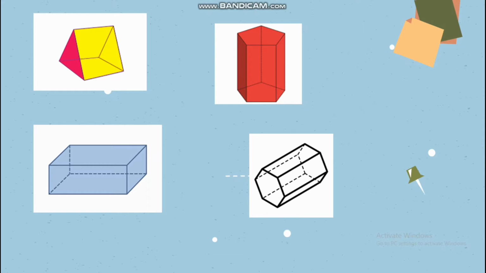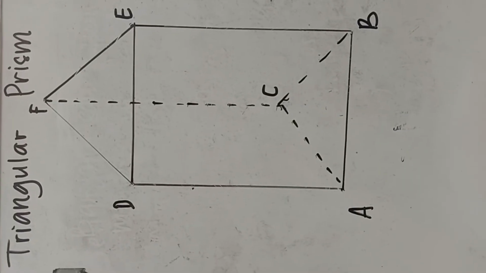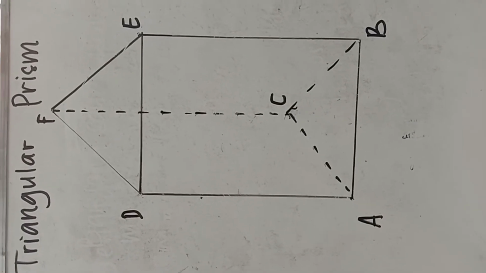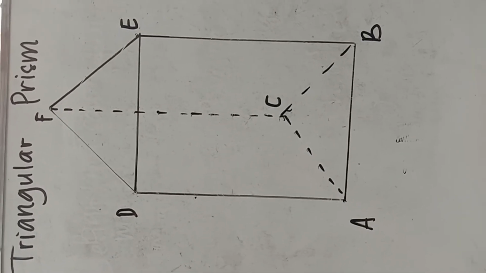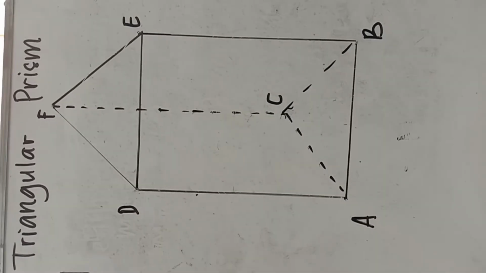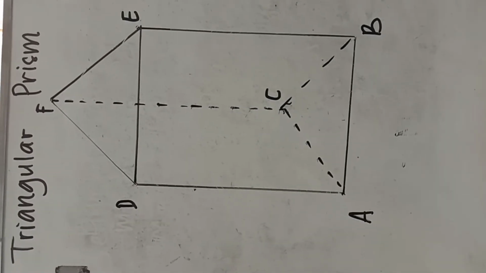Triangular prisms. On the triangular prism, the edges are nine. The faces are 5 and the vertices are 6. On the triangular prism, the edges are nine. Namely, this is